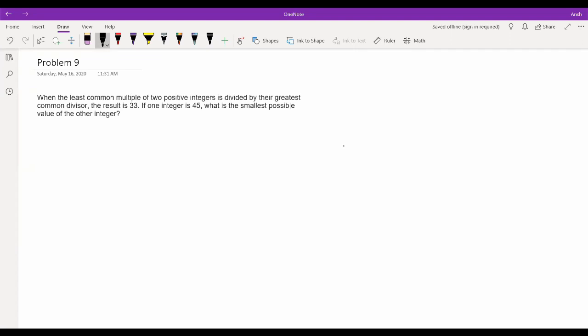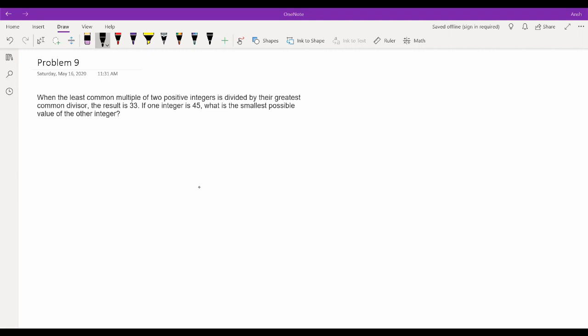All right, so now we'll be moving on to problems involving the LCM and the GCD of number pairs. So our question is, when the least common multiple of two positive integers is divided by their greatest common divisor, the result is 33. And it tells us if one integer is 45, what is the smallest possible value of the other integer? So if you call this other integer, let's say n, right? We know that